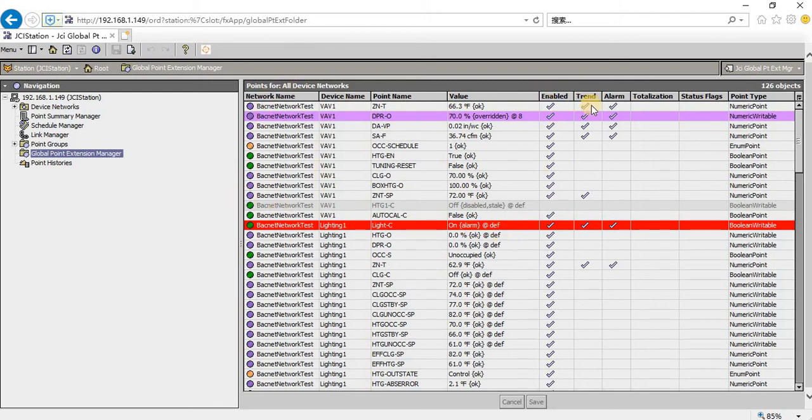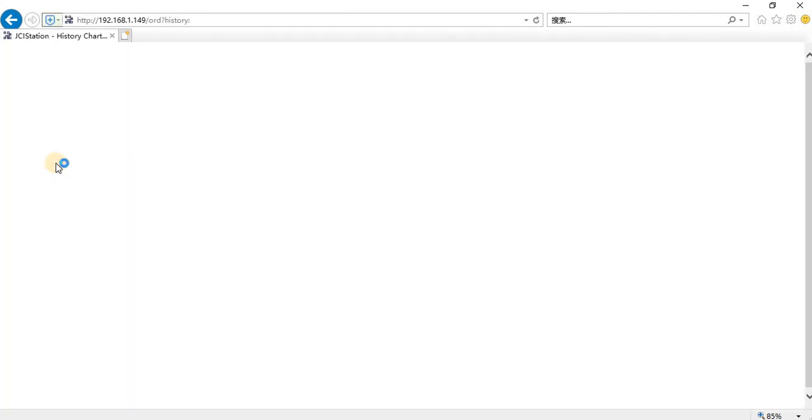It allows us to enable the points, add the chains, alarm, and the totalization settings here. And it also shows the status of different points. When there is an alarm, it will be highlighted in red, and when the point is overridden, it will be highlighted in purple. The last one, point histories,